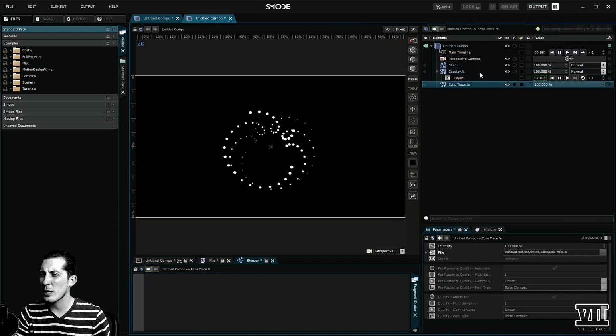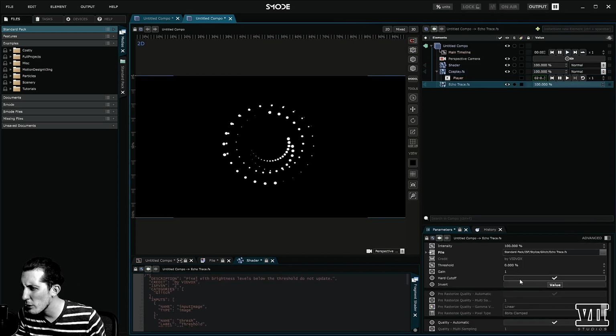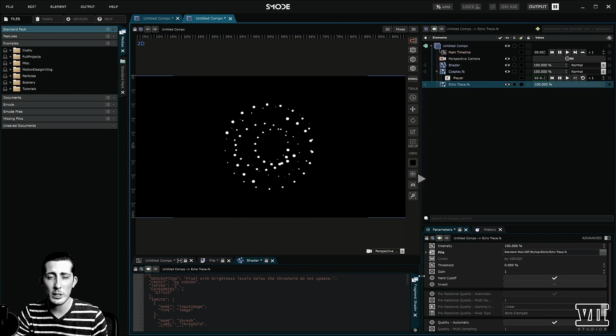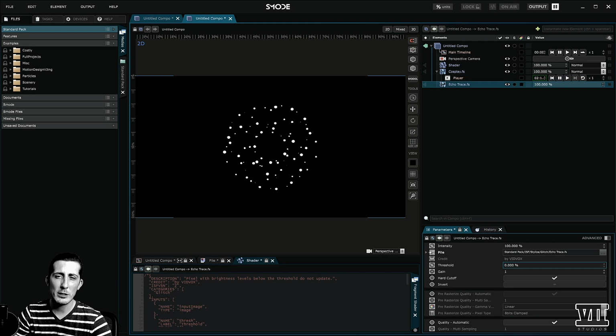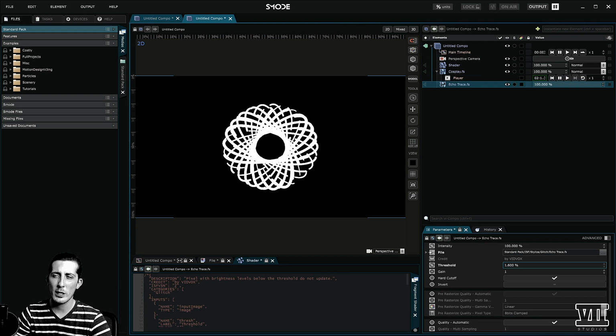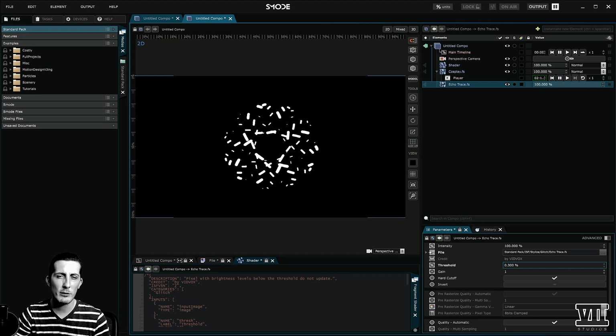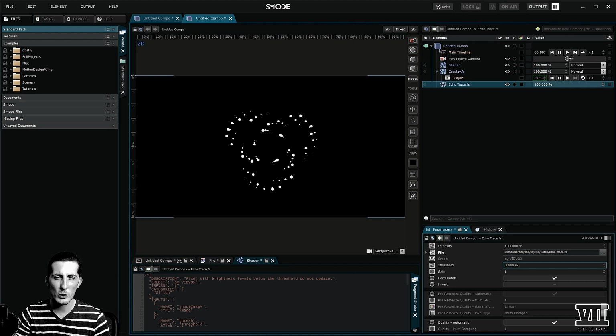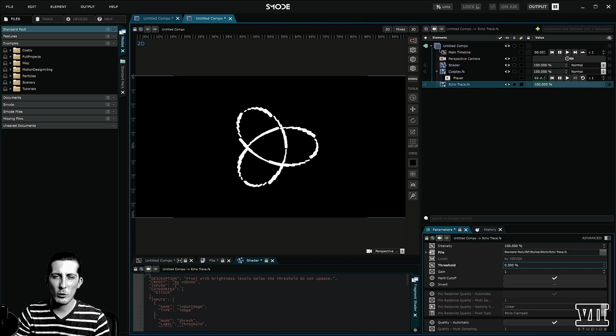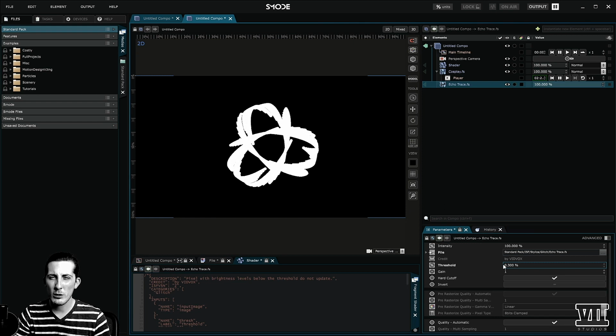So if I just add echo trace on top of this, you're going to see what parameters were exposed over in your properties panel. And I can see that there's a threshold. And if I turn that threshold up, look at that. We're getting traces, and I've got like a generative kaleidoscope right there, right? And I'm just kind of pulling the value back down, which is why it's jumping away. But so that's pretty cool. You can generate your own